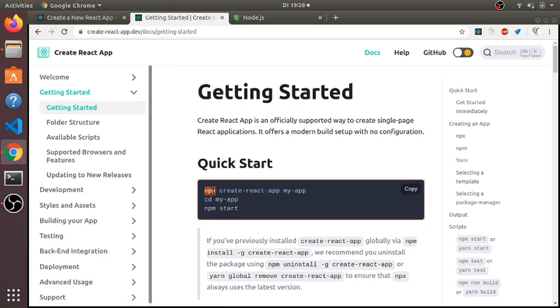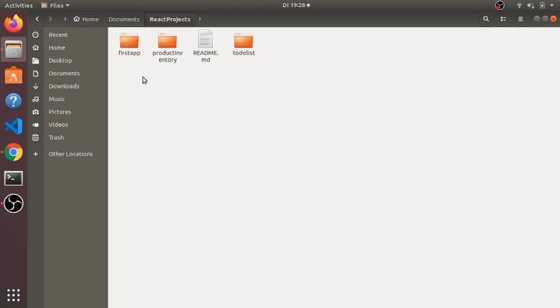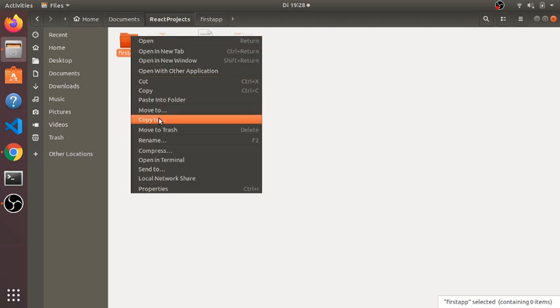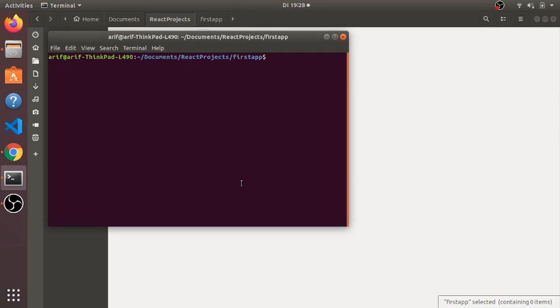They write here npx create-react-app my-app, but I will do it a different way. First, let's assume that I want to create my first Reactjs app. I already have a folder called fast apps. You can create a new folder. The folder is empty, there is nothing in it, and now I will open the folder in Visual Studio. You can open it from a terminal, and you can say